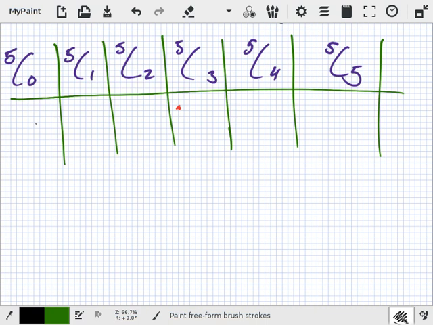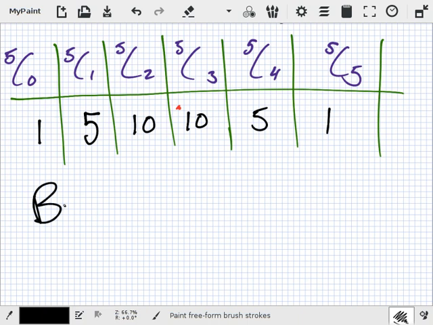So the first one, 1. And then here I hope you got 5. And what's the next one? 10, 10, 5, and 1. Now these numbers should look familiar. Pascal's triangle 5th row. So this gives us a very useful ability to calculate row coefficients without the need of the triangle. So this is making use of something called the Binomial Theorem,